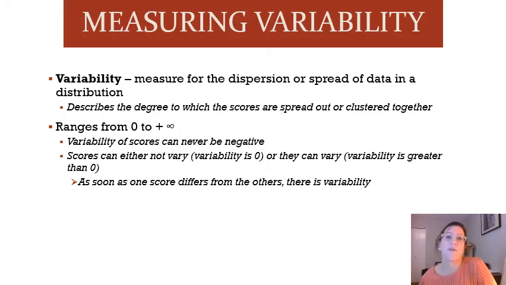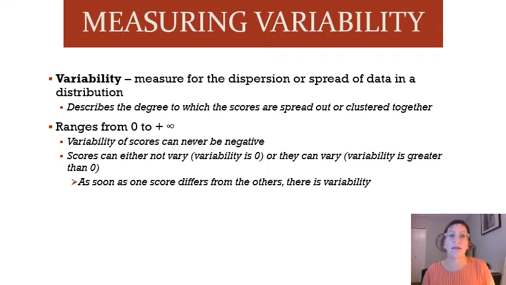We'll talk about what variability is. So variability basically tells us how spread out or close together data is in a distribution. So basically, if we have a distribution of scores, it tells us whether they're clustered close together or whether they are spread out far apart, is what variability is. Now, variability is this umbrella term, just like measures of central tendency. Measures of variability is an umbrella term that incorporates other